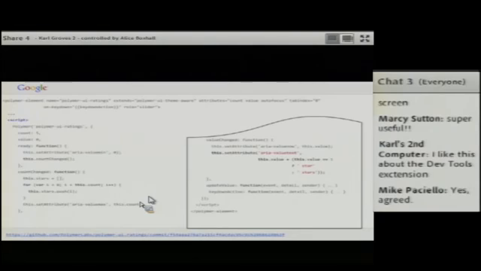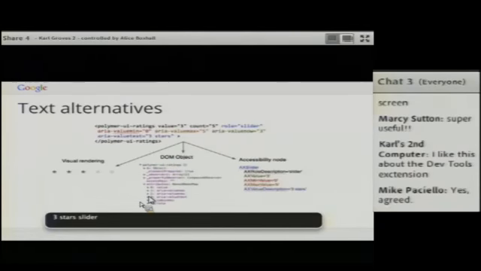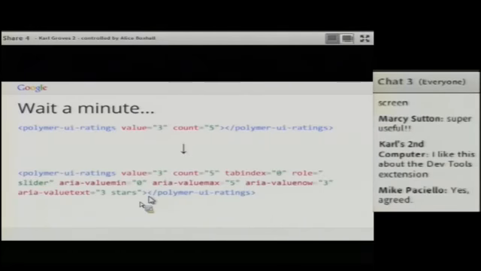If we were doing this for something production ready, we'd certainly want to use an internationalization library for this, but this is going to do the job for now. So here we have our fully semantically marked up Polymer UI ratings widget. It's saying it has a value text of 3 stars, a value of 3, value max of 5, etc. So this is looking pretty good.